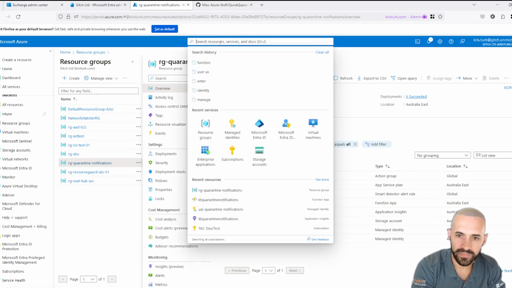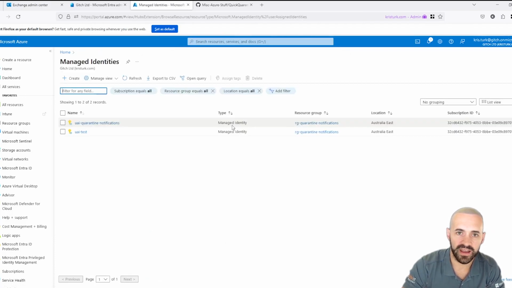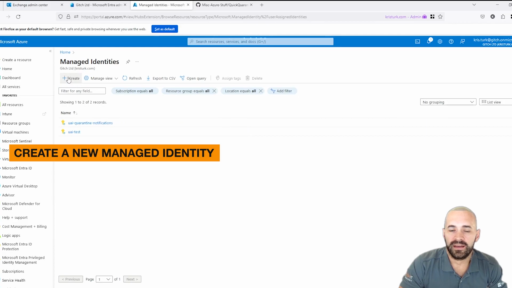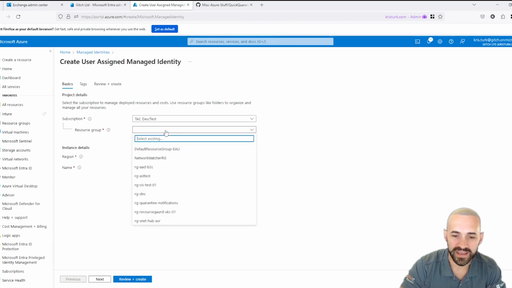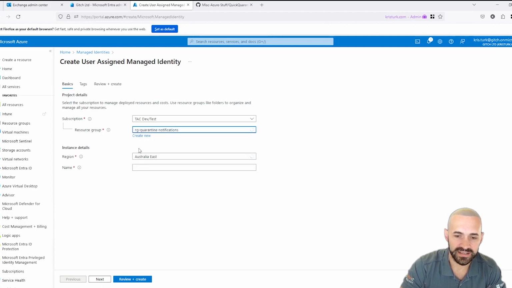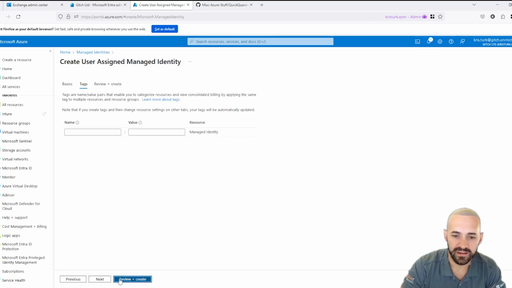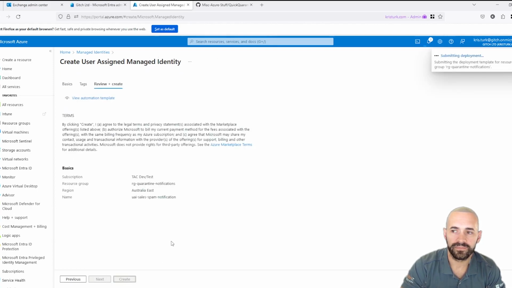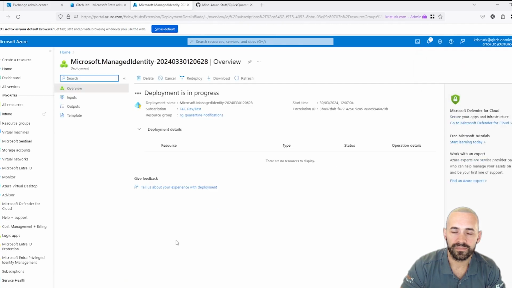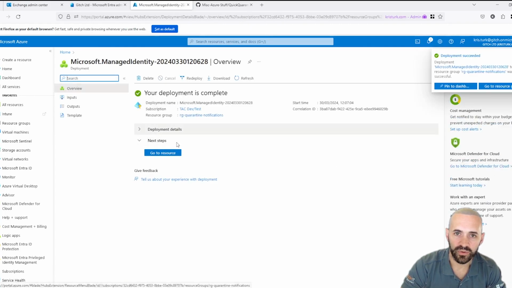First thing to do is jump over to managed identities, and we're going to create a new managed identity. I could have added this all into the code, but I was rushing to get this ready so I could record it for the weekend. So we're going to dump our managed identity into that resource group that I just pointed out. I'm going to call this one UAI, for user assigned identity, sales spam notification. So let's just go ahead and create that, let it validate. Okay, and it looks like we're good to go with our